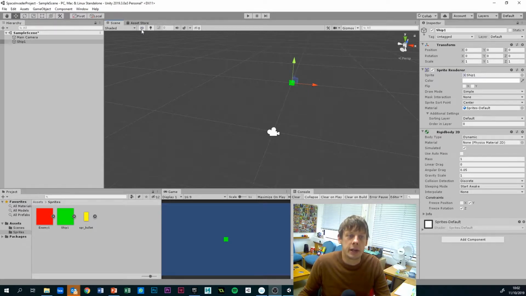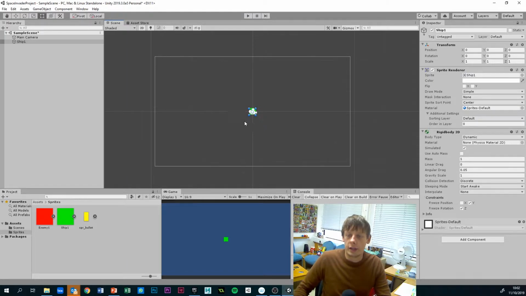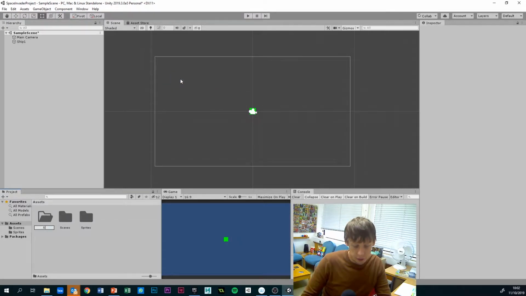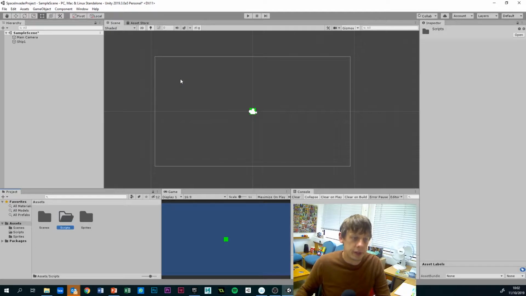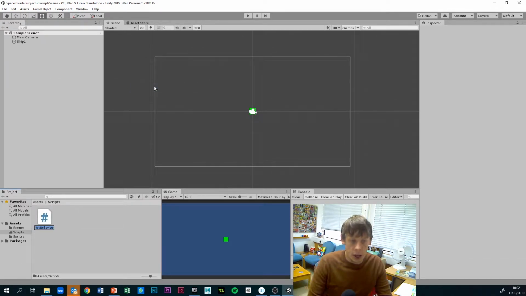Okay, so let's head back to our 2D perspective, and we're going to create a script for our player's behavior. First we'll go back to our assets folder, right click and create a new folder and call this one scripts. We'll keep this nice and organized. In there, right click, create a new C# script, and we want to call this something appropriate, so I'm going to call mine scr_player